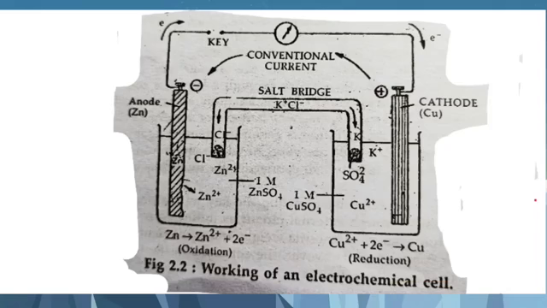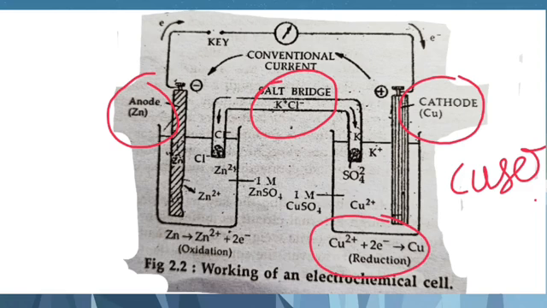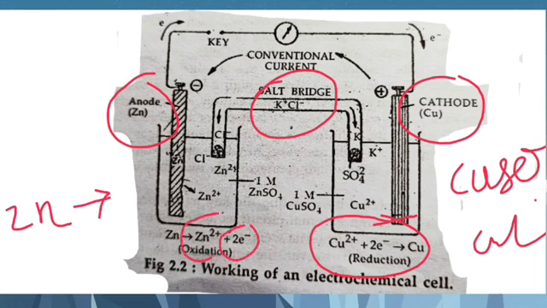The overall reaction is, now in this video, dear friends, you can see that the salt bridge is placed over here, with the cathode and the anode as usual. The anode zinc is in contact with the zinc sulfate and the cathode copper is in contact with the copper sulfate. As you can clearly see, the reduction process takes place here: the copper 2 positive gains 2 electrons and converts into copper. In this case, the zinc, Zn, gives 2 electrons and converts into Zn2 positive. So that is the working of an electrochemical cell.